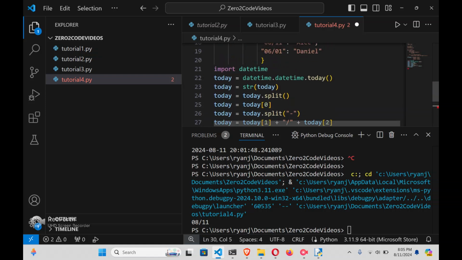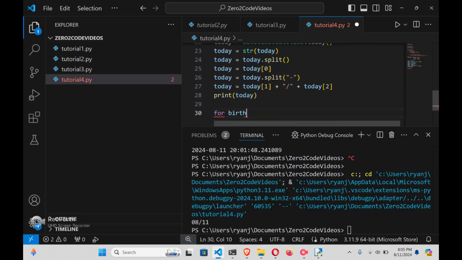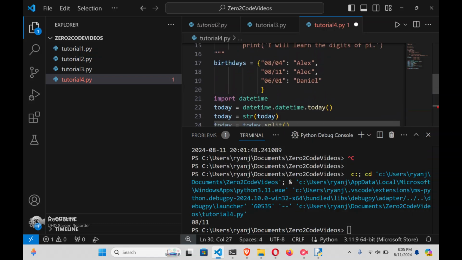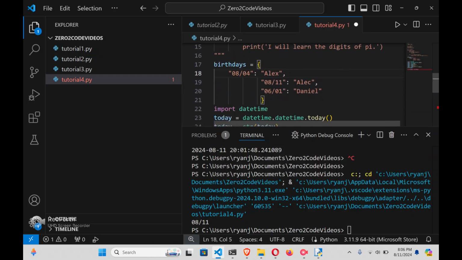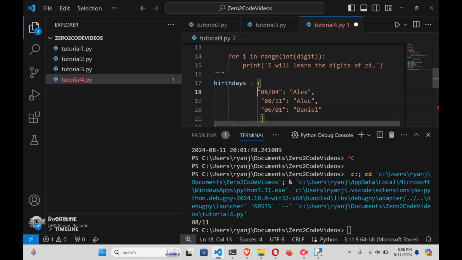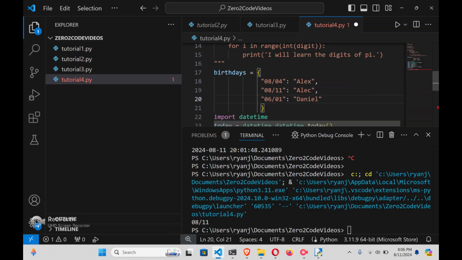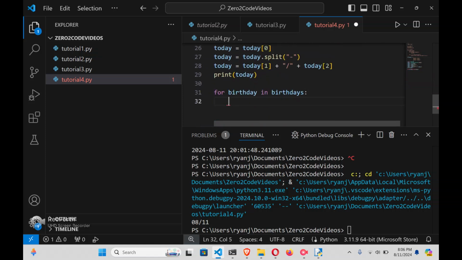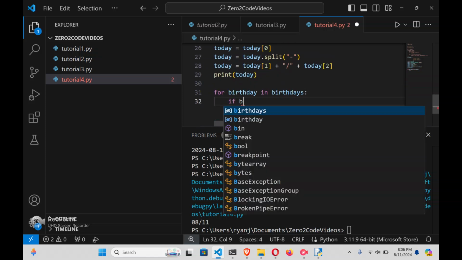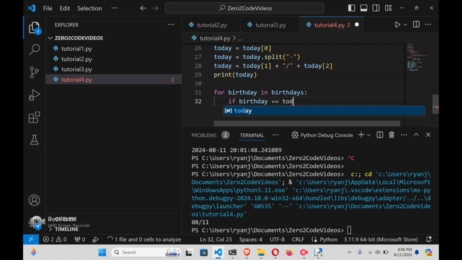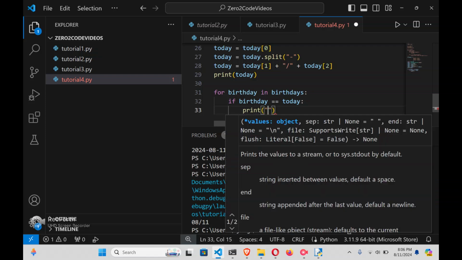So we'll say for birthday in birthdays. And for a dictionary, it'll by default loop over what's called the key, which is separated from a value by this colon. So we have key and then value, key and then value. So say for birthday in birthdays, if birthday is equal to today, then we want to print